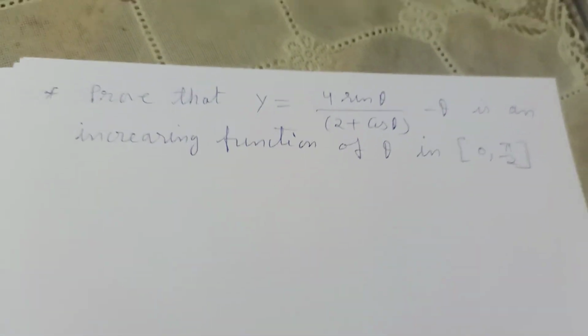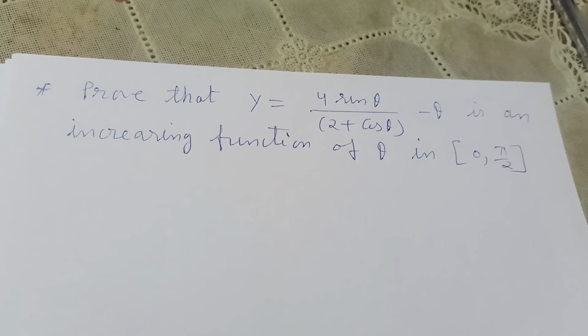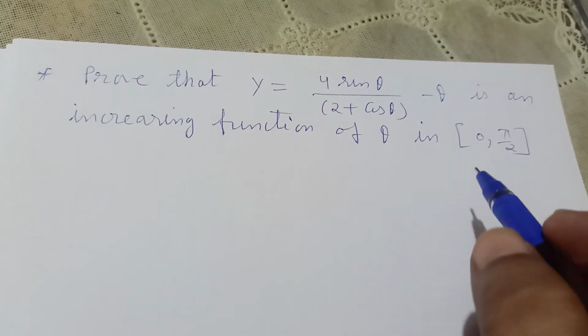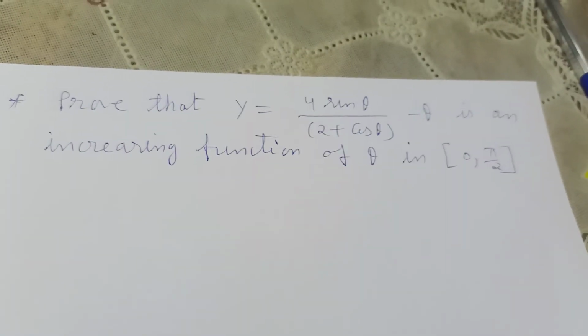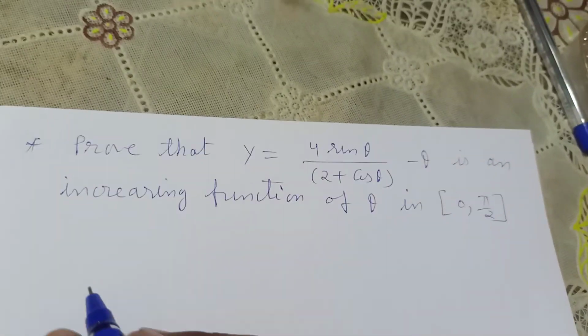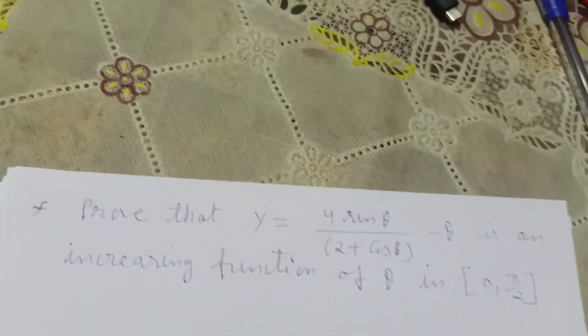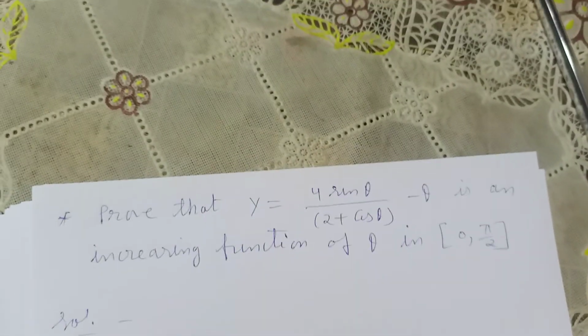Here we have been given a trigonometric function, and we have to prove that it is an increasing function of theta in the closed interval 0 to pi by 2. The interval is closed here. So we may proceed like the previous question. Find dy by d theta. The variable is theta here. Solution. So dy by d theta